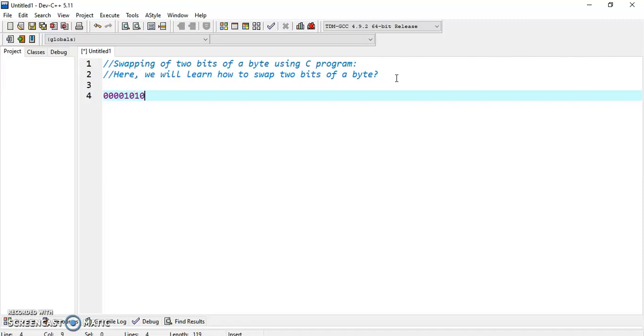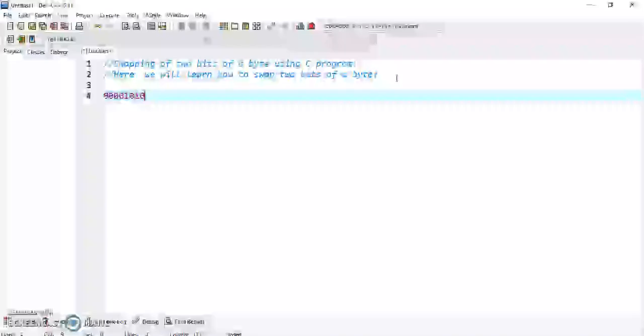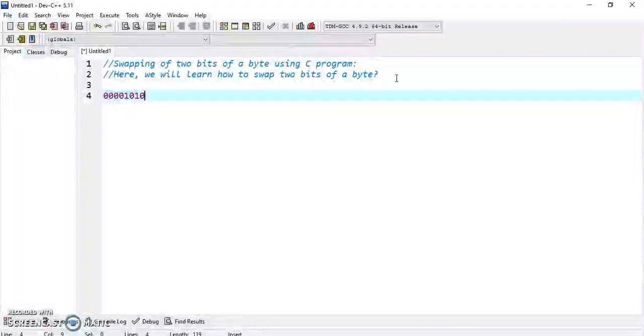So we can swap this number. After swapping of bit 1 and 2, the binary output will be 00001100. The output which we get in hexadecimal is 0x0c. So here we also take an unsigned char. So firstly I will tell you what is unsigned char. Unsigned char is a character data type where the variable consumes all the 8 bits of the memory and there is no sign bit.